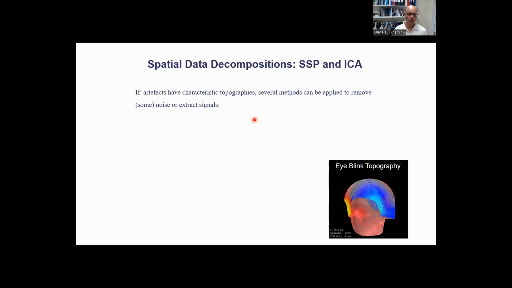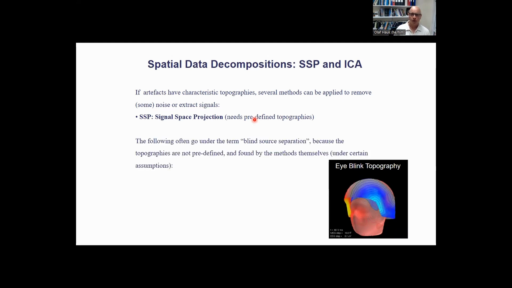The question is, how can you do that? And one way would be signal space projection. So if you are confident that you know the topography already, you can extract it from your data, and you want to remove it from your data, then that's signal space projection. But if you don't know the topography a priori, if you don't have some independent way of determining it, you can use a blind source separation method. The idea there is that the method itself decomposes your data into meaningful patterns, topographies, and then you select the ones that you like and the ones that you don't like, and you remove the ones that you don't like,